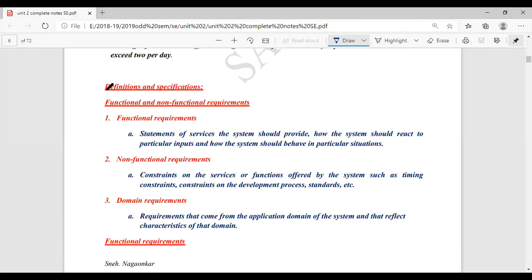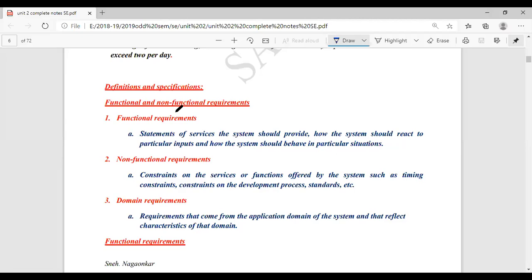In today's session, we will see two important types of requirements, that is functional and non-functional requirements. In the last session, we saw that there are two broad categories of requirements: user requirements and system requirements. User requirements are the problem statements given by the user, and system requirements are the detailed description of how to satisfy, or give justification to, user requirements.